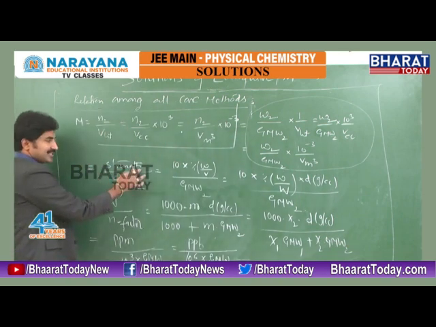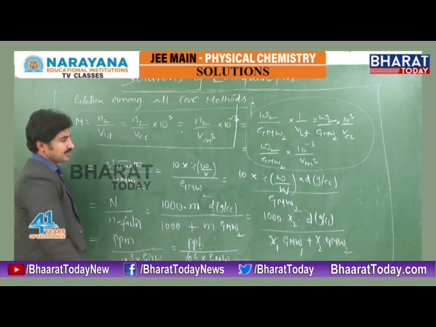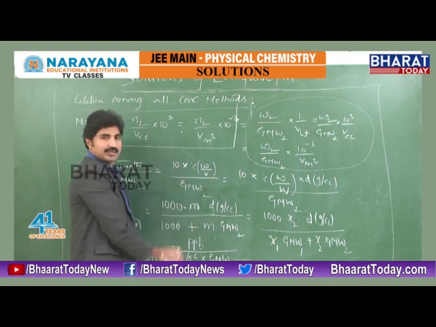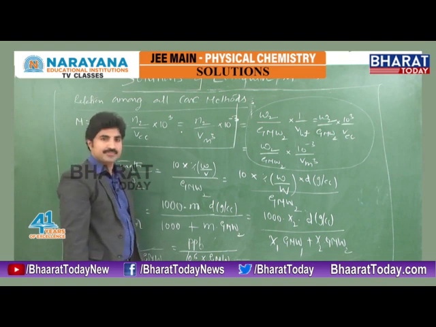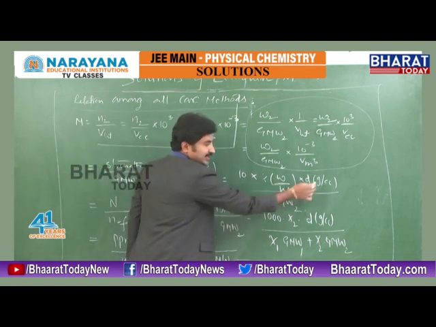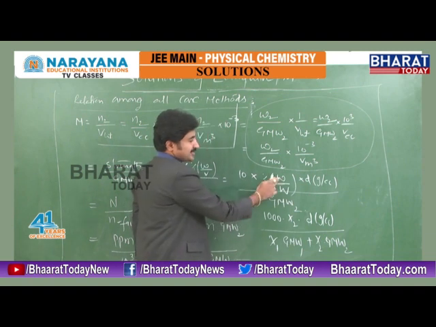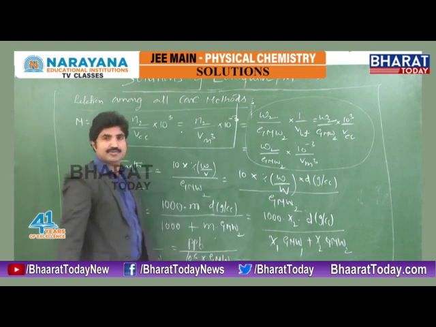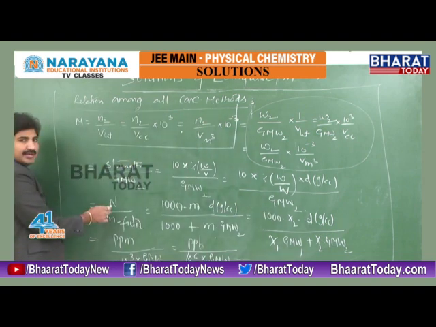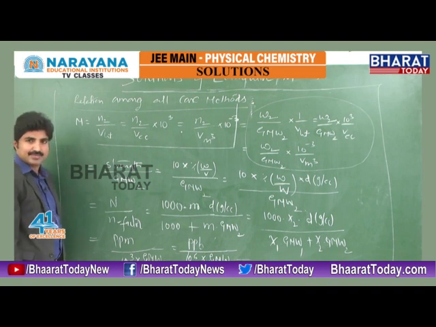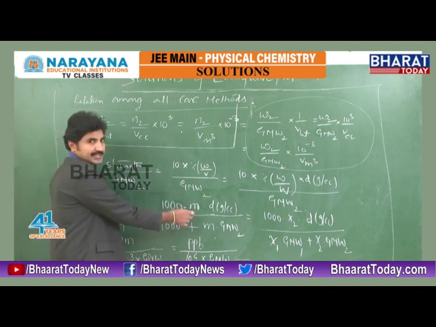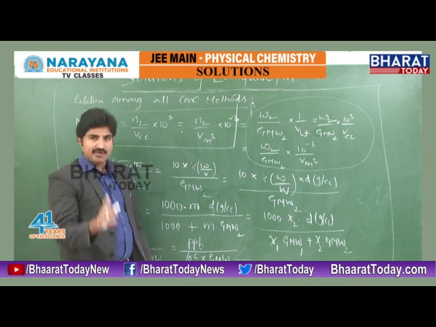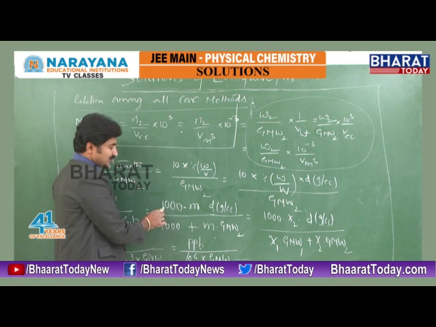Whereas in terms of strength, it is strength by gram molecular weight of the solute. In terms of percentage weight by volume, it is 10 times percentage weight by volume by gram molecular weight of the solute. In terms of percentage weight by weight and density, it is 10 times percentage weight by weight into density of solution in gram per cc by gram molecular weight of the solute. In terms of normality, it is normality by n factor of the given substance. In terms of molality, I already expressed molality in terms of molarity.